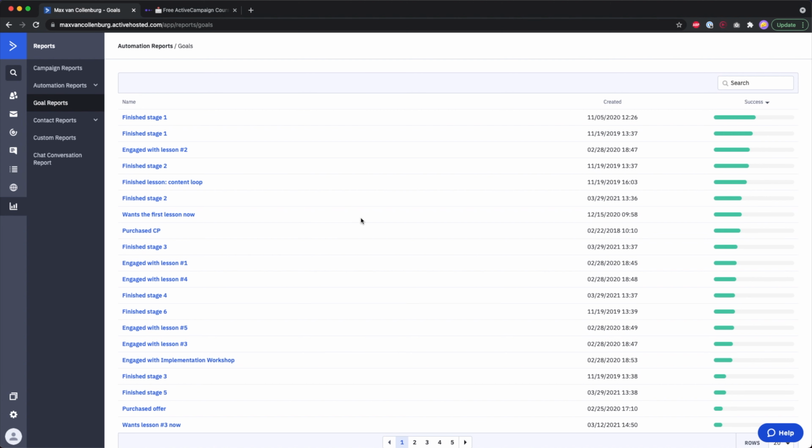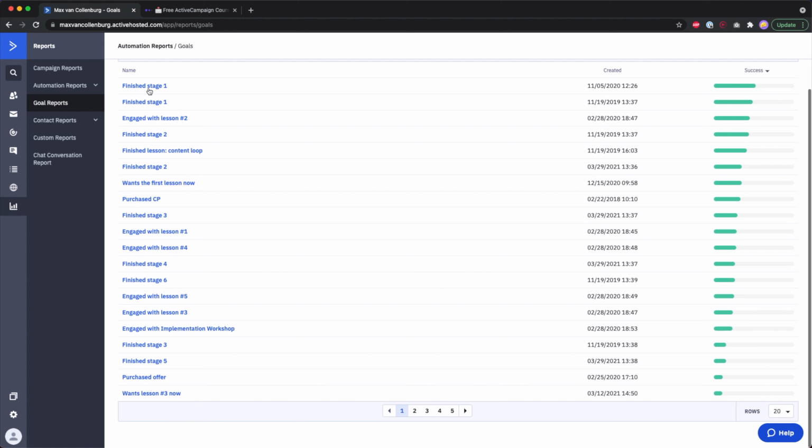And then over here, this is a list of all your goals. So I think this is pretty cool. I think they could maybe have also helped a little bit here with which goal is in which automation, because you see that I have some goals that have similar names, but they're in different automations. And then I first have to go over to that goal to actually see where it belongs. But this is pretty cool.